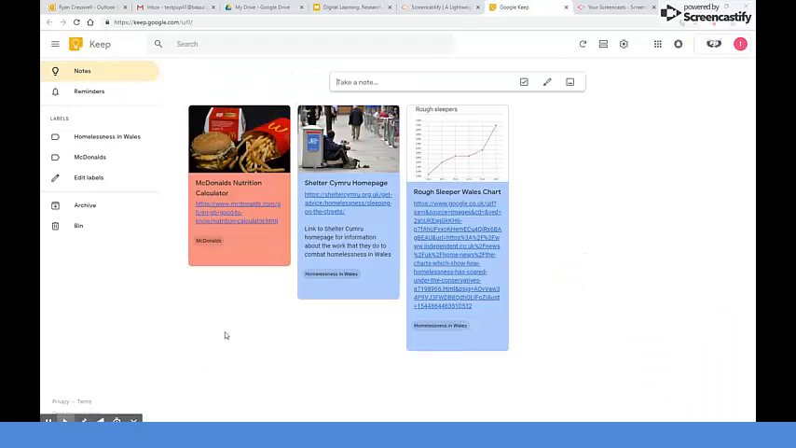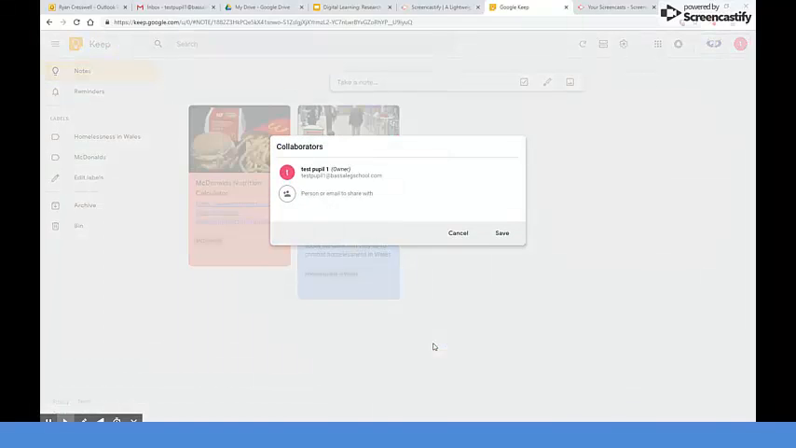So in Google Keep, if you have your research here, all I'm going to do is go down to this icon, Collaborator. And it's the same if I hover over any other piece of research. Let's say I want to share this particular piece of research here. I click on the Collaborator icon and I just type in the email address of the person I want to share it with. So